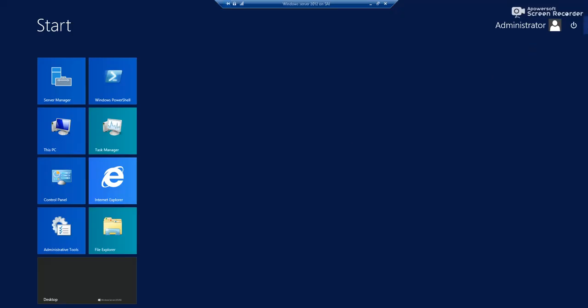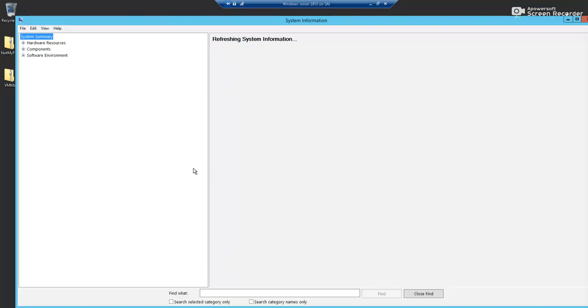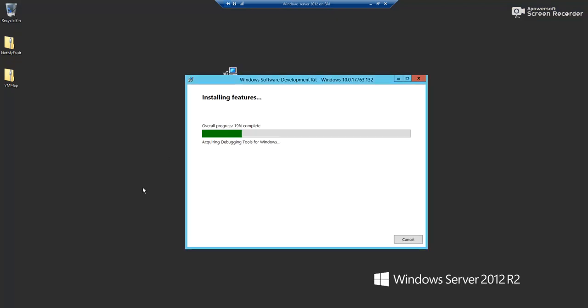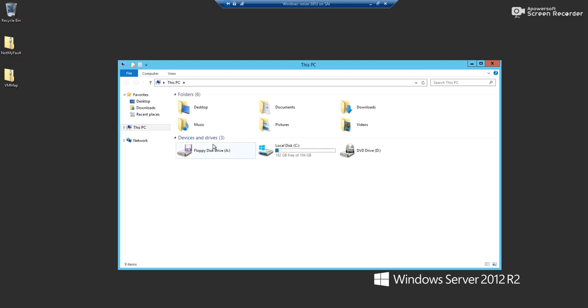I'm sorry, the RAM installed in this virtual machine, we need to check. So the RAM installed in the virtual machine is 7.9 GB, that is approximately 8 GB. So we need to configure the page file settings according to the RAM installed in this machine. In order to configure the page file settings, you can open Explorer, this PC, right click on it, go to properties,